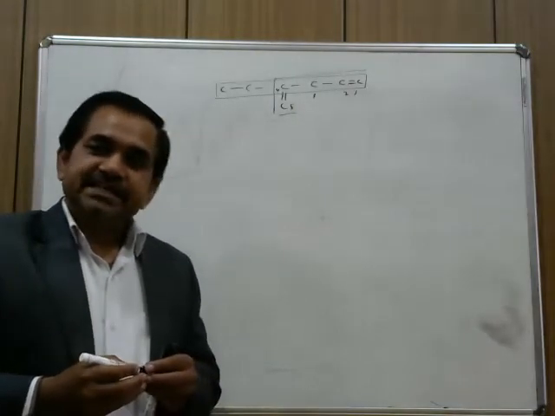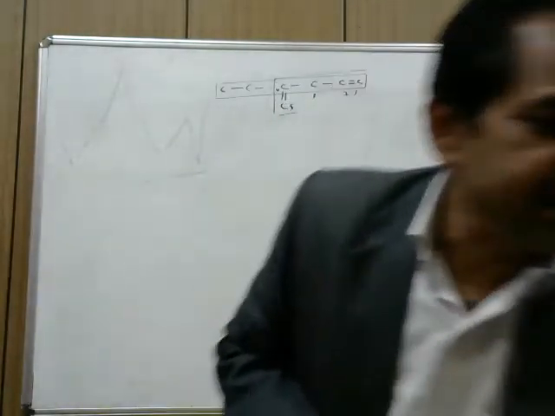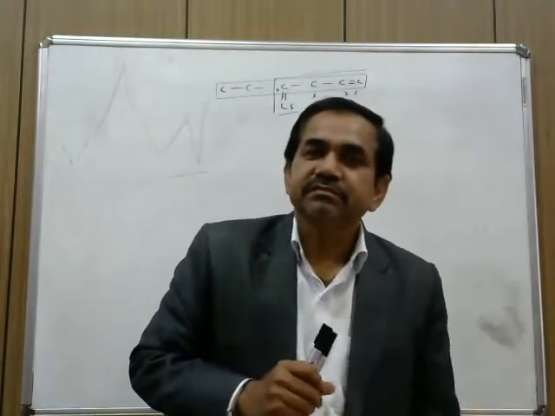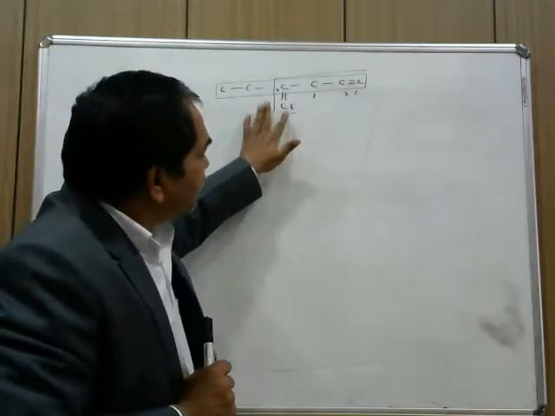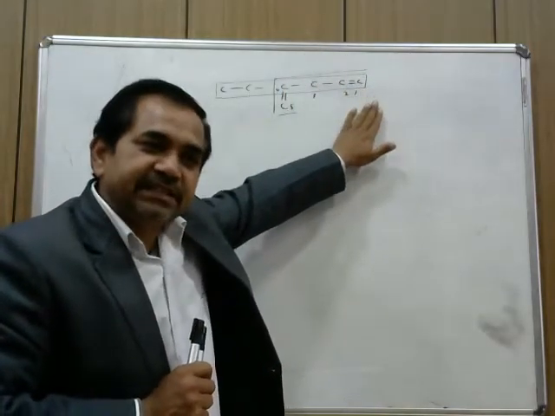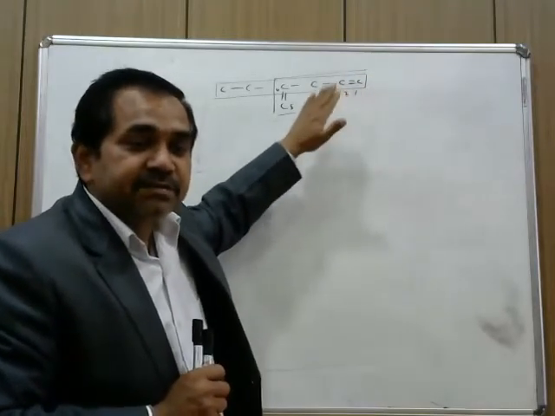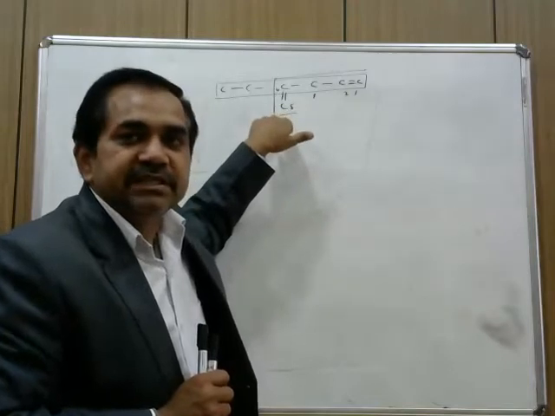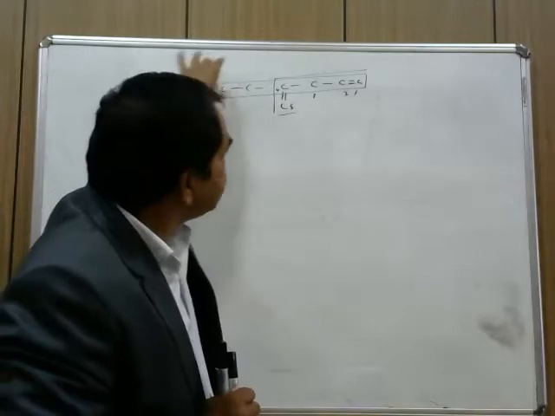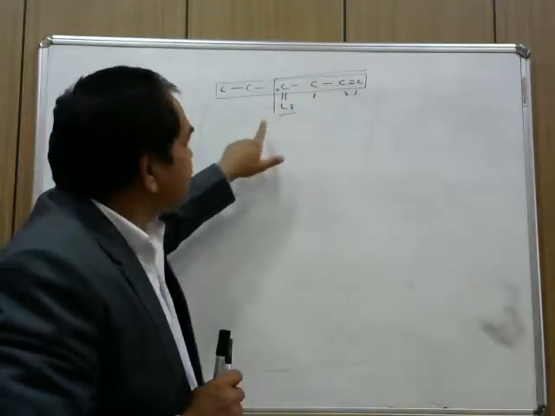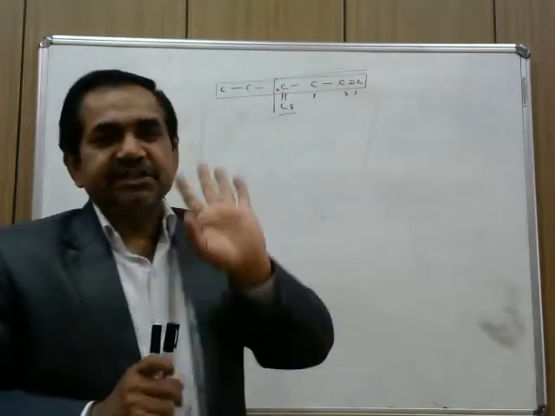So in ordinary case, we tend to choose the longest and continuous chain of carbon atoms. But herein, where two double bonds are present, both double bonds should be included in the chain. Although it is not the longest chain, the number of carbon atoms when we include both double bonds in this chain is only 5. But if I exclude one double bond, then it is 6. Even then, we will choose this as the parent chain.